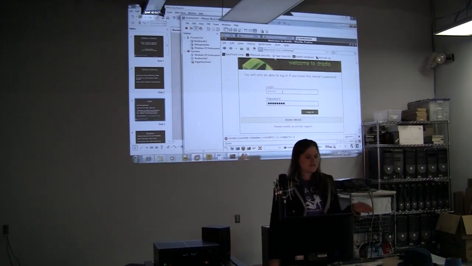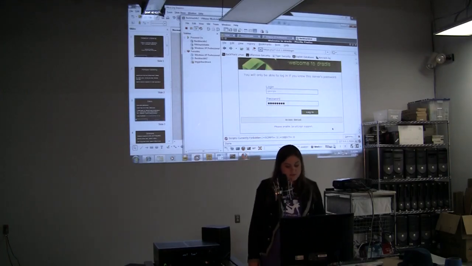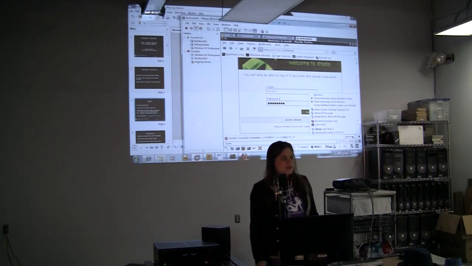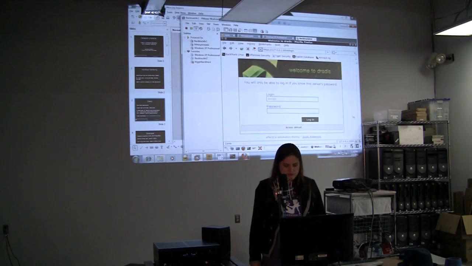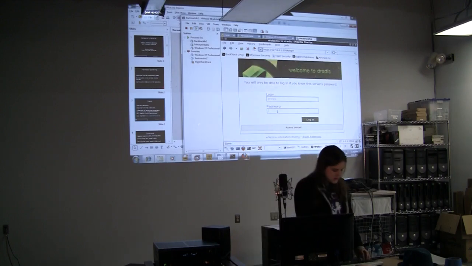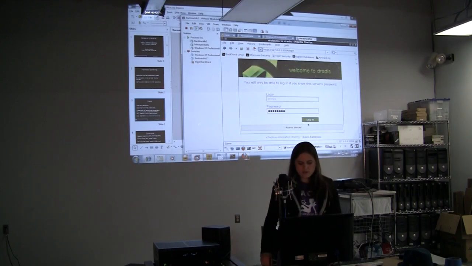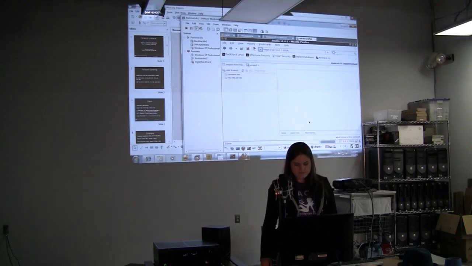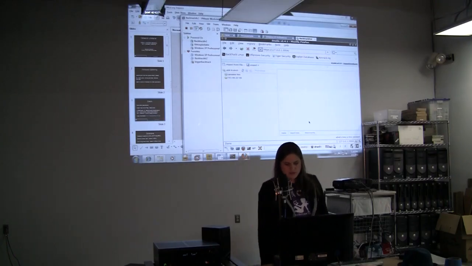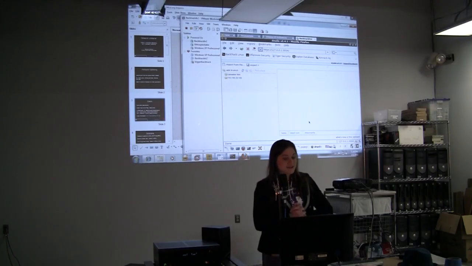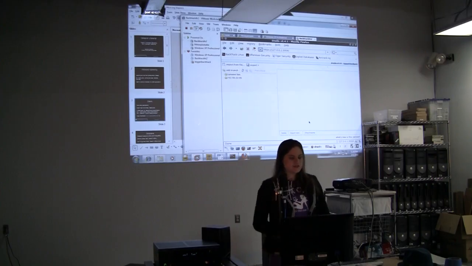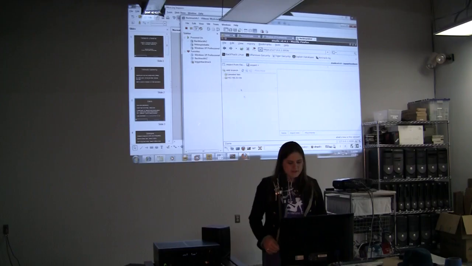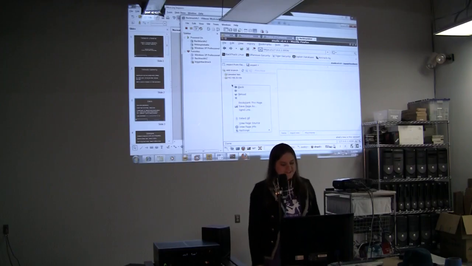If you're setting it up for the first time, it's going to ask you to put in whatever password you want. It also says, please enable JavaScript support. Backtrack automatically has NoScript enabled, so just allow this page. Mine already has some stuff in it because I was testing it this morning, but yours should just not have this over here. But here we have Stratus.